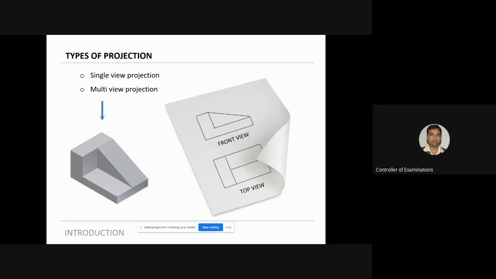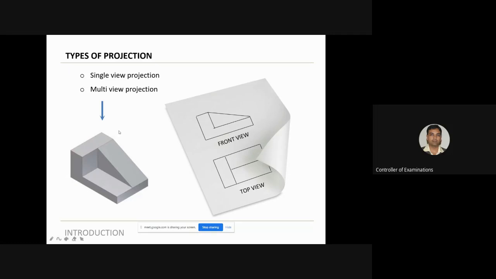Minimum two. If there is another view, say a third view, let us say a side view, that is the best. As far as my practical experience goes, I always rely on three views to completely understand the object. Otherwise, just by looking at one view, it is very, very difficult to visualize and understand the object. So minimum 2 to 3 views are required, let us say the front view, the top view, and maybe the side view, to completely visualize and understand the object. That is why we call it a multi-view projection.